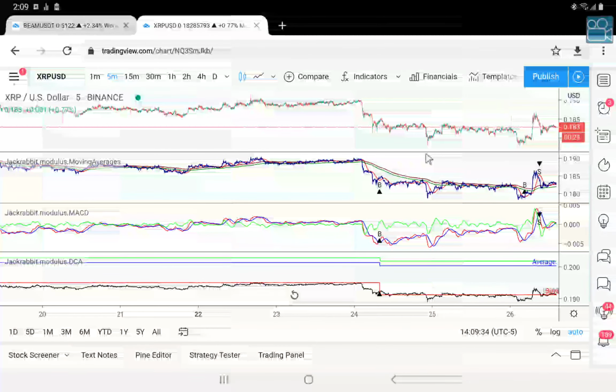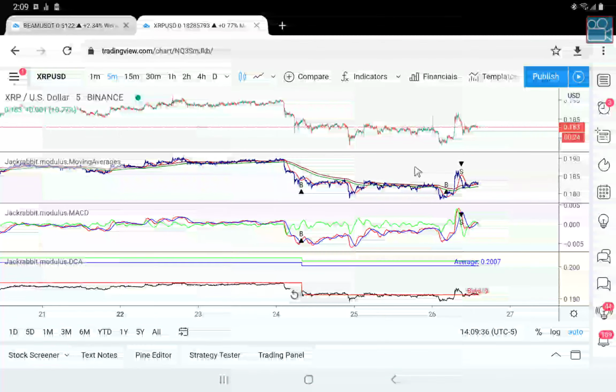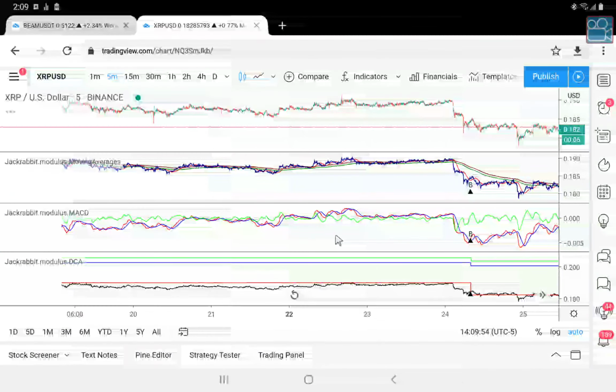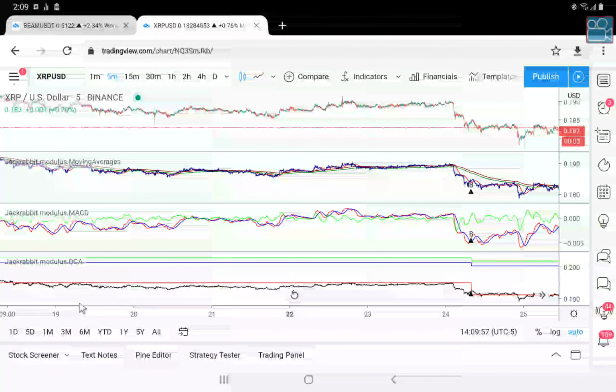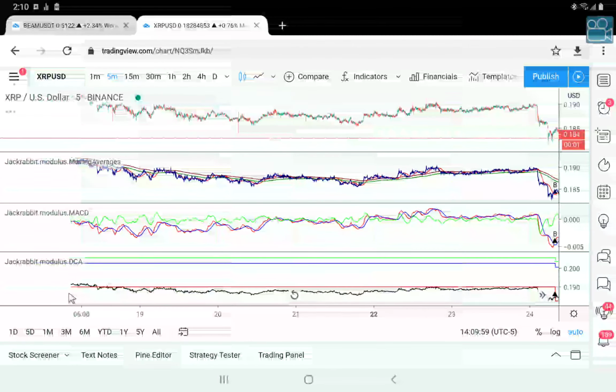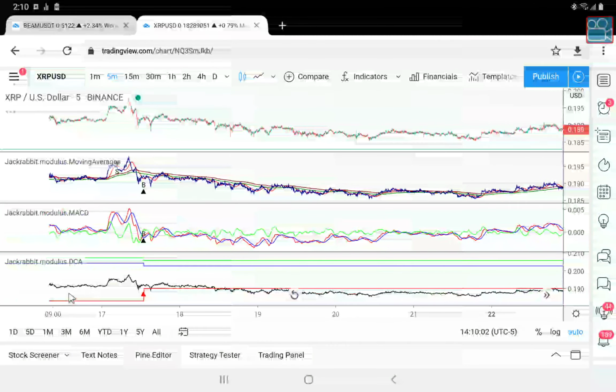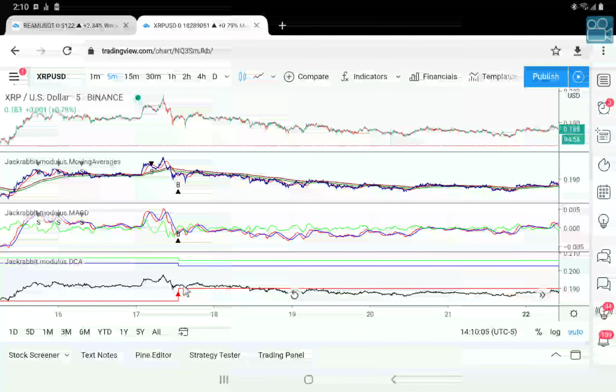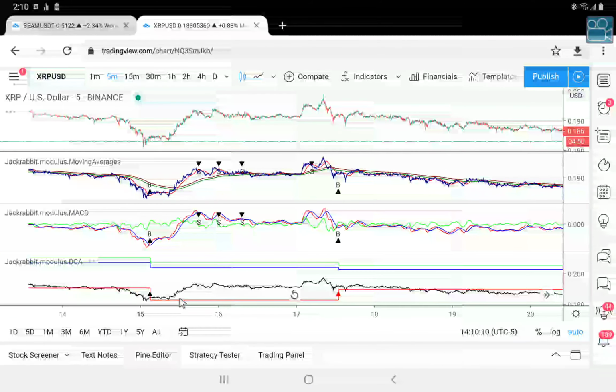Now here you can see buy and sell signals that are above the mark. So it might be worth trading XRP without the dollar cost averaging. Then again, that depends on your risk assessment. XRP, as you can see, very sideways. Not much traffic here. Picked up the signal. Here's the sideways breaker. So 1, 2,